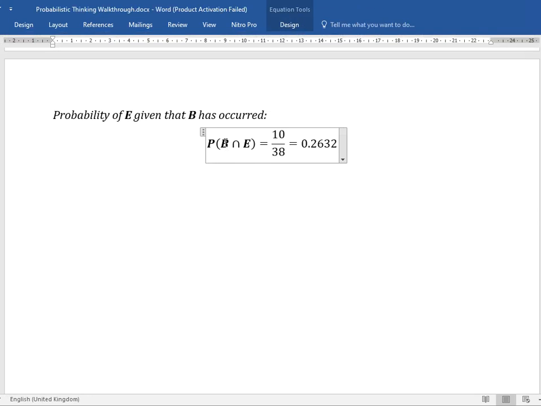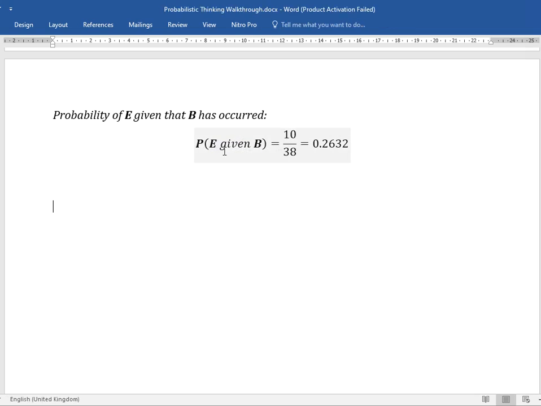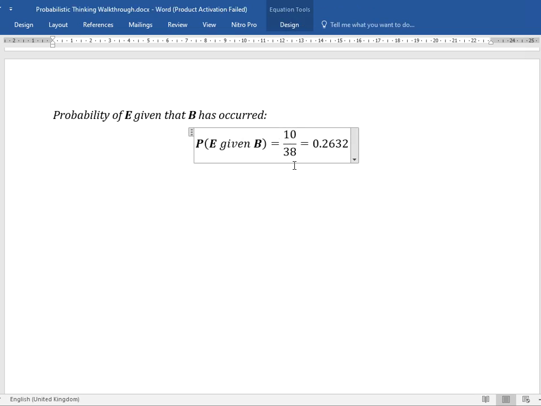So I want to check the probability of E. I'm just going to write this as E given B for now. I'll write given in full. We'll introduce notation later so that we know the notation you use for words like this. Mathematically, we don't want to be saying English words. We just want to be saying letters and symbols. So we introduce that. So simply, it's going to be equal to,